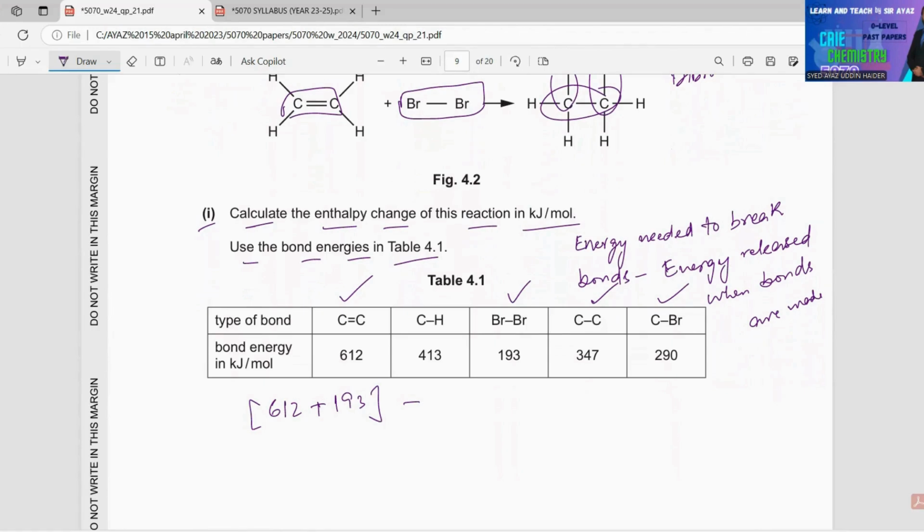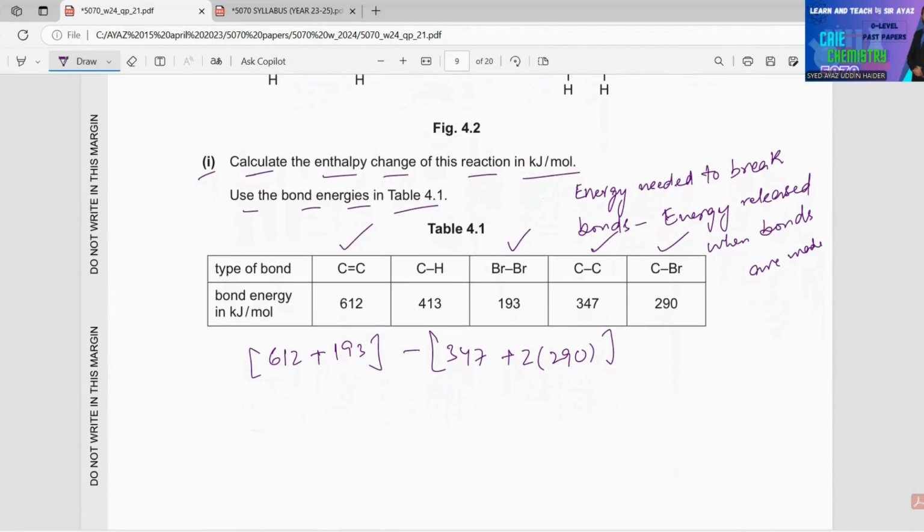We have C-C bond, which is 347, plus 2 bonds of C-Br. So you have to multiply 290 by 2. So the final answer,